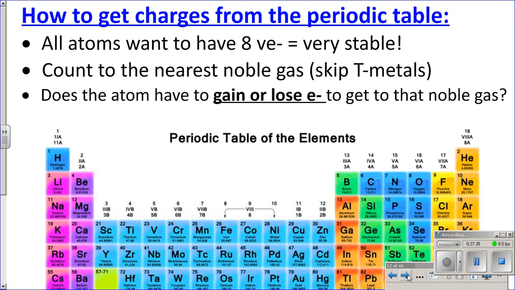Okay, let's do, oh, look at this. This is just to make sure we all know how to get valence electrons, how to get charges. We know how to get this. We've just been doing this for the last 5 minutes. You want to get an electron configuration of 8 valence electrons, you gain or lose to get that. We need to do transition metals though. Actually, we'll do transition metals next time. Let's do